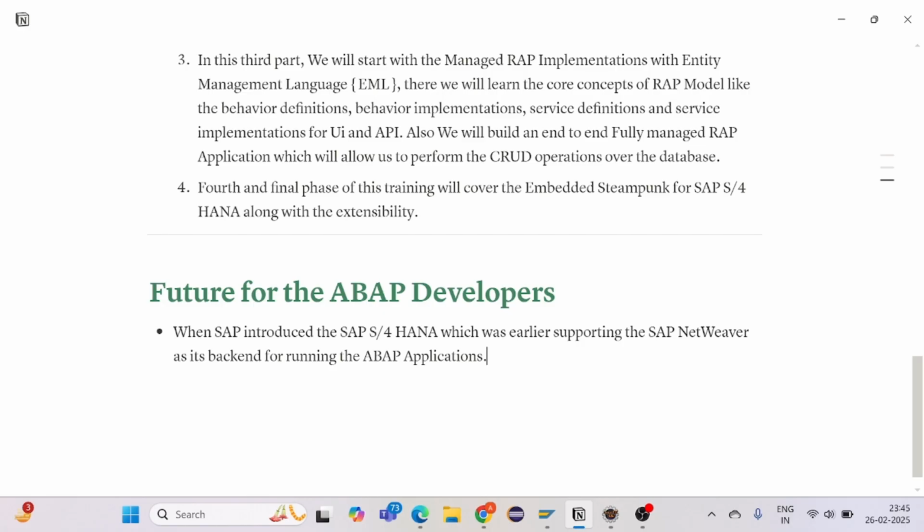But with SAP S/4HANA coming into the picture, SAP introduced a new layer there, or a new programming model there, which was your RESTful application programming